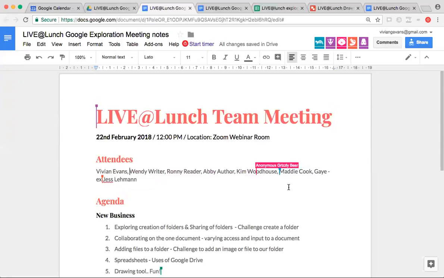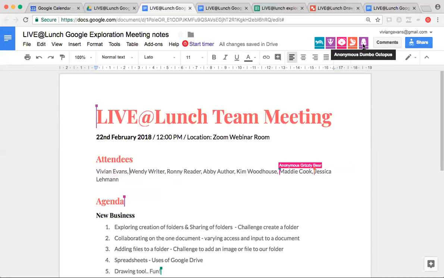It creates another version if someone's in at the same time. This is very handy for, say, conducting minutes because, and I've used a template of an agenda here, we could be typing in the minutes. It's probably better if one person's doing it at a time, but we are seeing the possibilities of writing and where someone is, because the grizzly bear is pink and we can see that they're just sitting their mouse right at the end of the agenda, and that the tortoise is in front of Maddie Cook, the turtle, anonymous turtle,